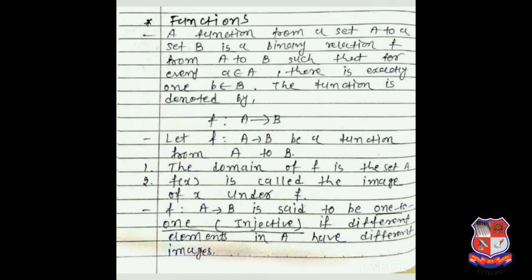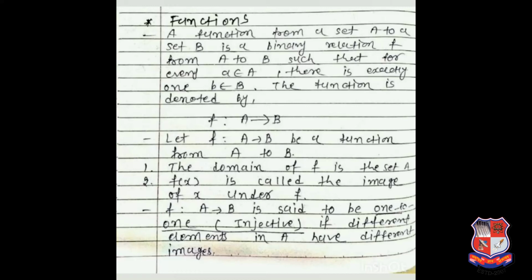Another name of the one-to-one function is injective function, and the other name of the onto function is surjective. It may happen that sometimes a question is asked like, check whether the function is injective or not, that means you have to understand they are asking whether it is one-to-one or not. In the same way, if it is asked like surjective, that means they are asking to check whether the function is onto or not. And if your function is one-to-one and onto both, that means your function is injective and surjective both, at that time you have to say your function is bijective. Bijective means that the function is satisfying both the properties, one-to-one and onto.